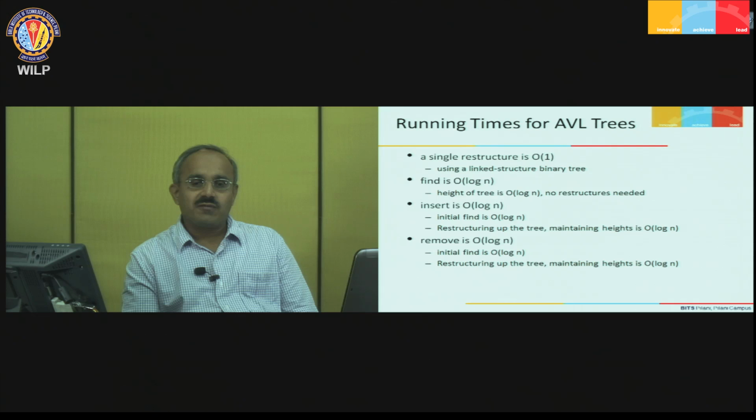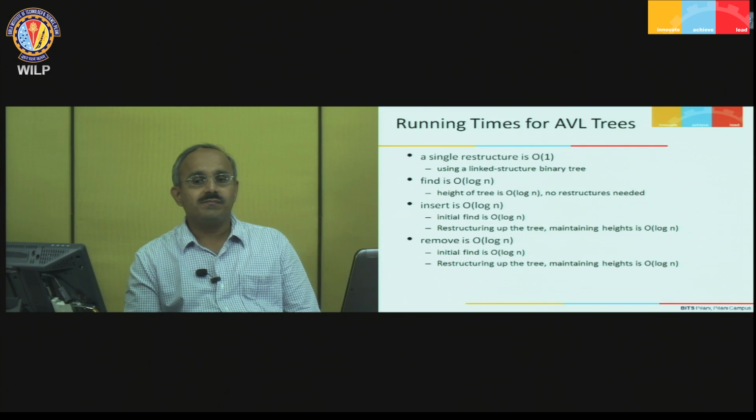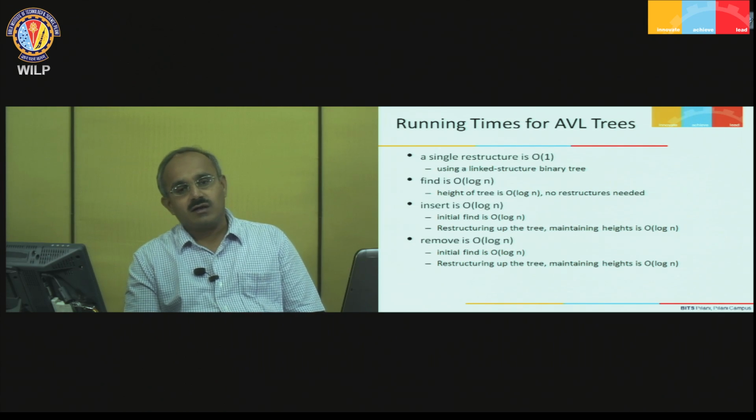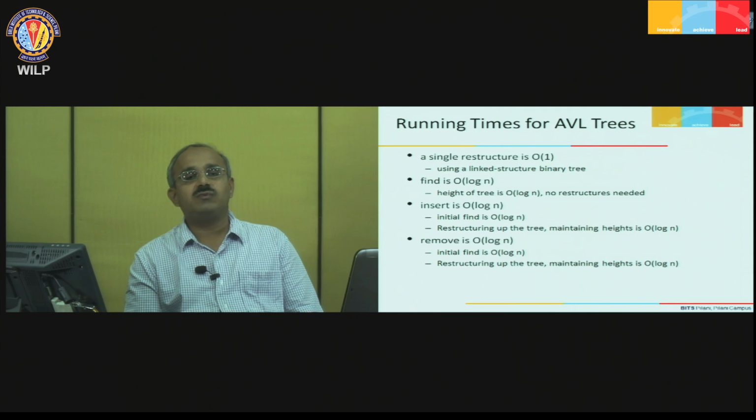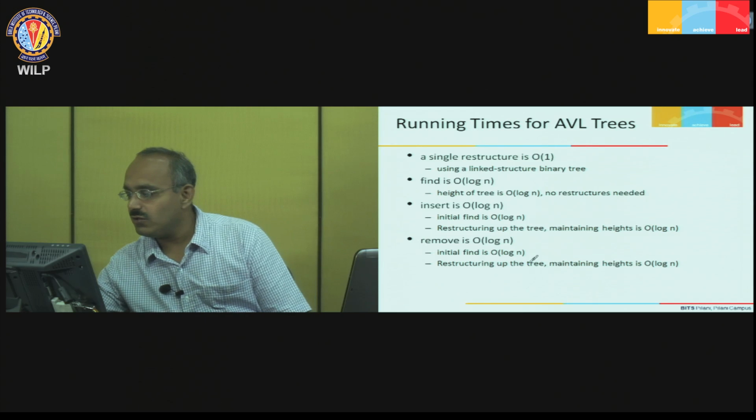Now, let us look at the last procedure, that is deletion or removal from an AVL tree. Again, removal would mean removal as though in a binary search tree, which again takes order log n time, and restructuring the tree in the worst case might happen to be checked right up to the root of the tree, which might again take order log n time, right. So, if I am looking at a removal, your initial find is log n time, and restructuring